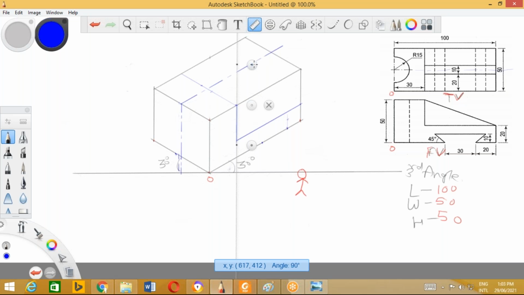Done. Now in top view also, we can draw these lines. Done. Now you can see there is a line which is matching with this line, so which is visible to you in front view. Getting me?